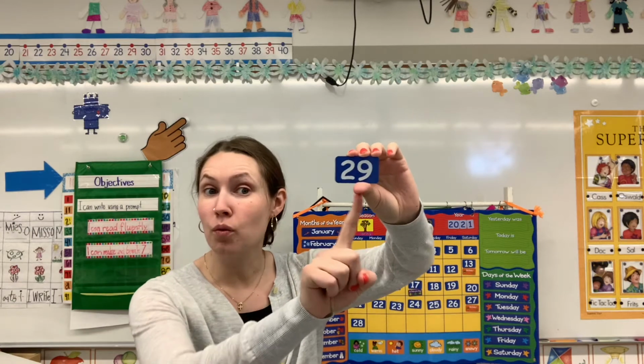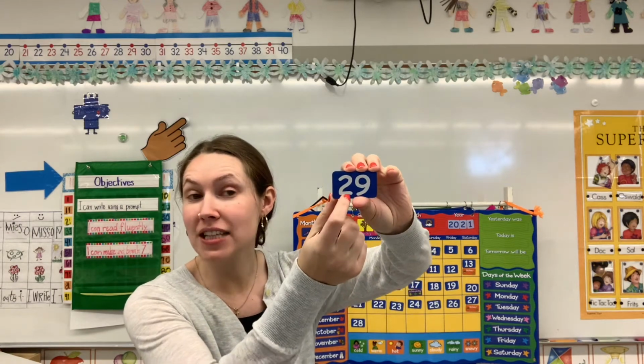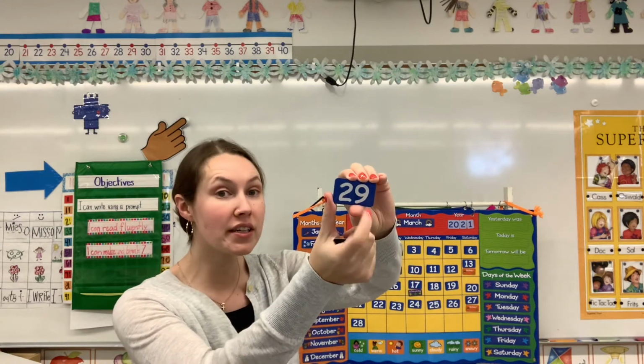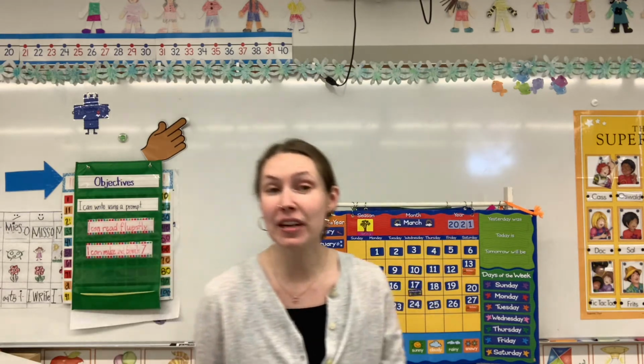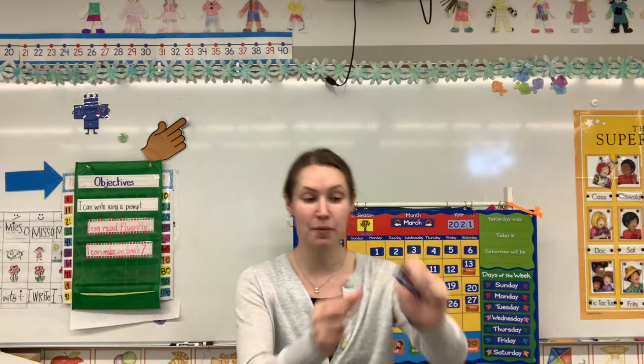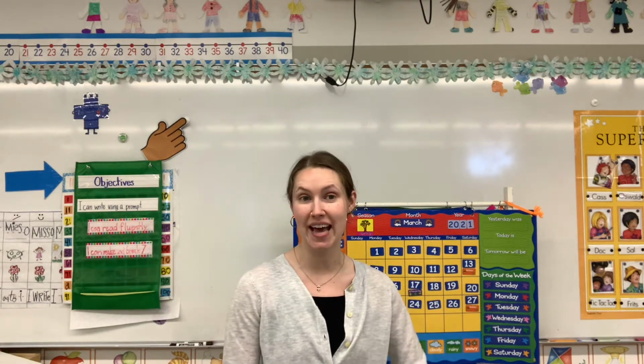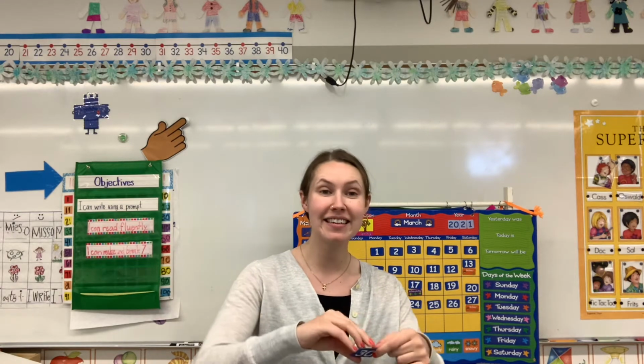Now notice, we are going to have to change our tens place here because if we add one more to 9, 9 plus 1 is 10. That's going to give us another full group of 10. We already have 2. Now we're going to have 3 full groups of 10, which means that today's date is